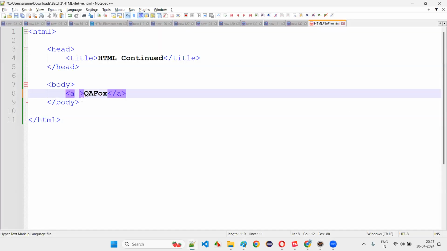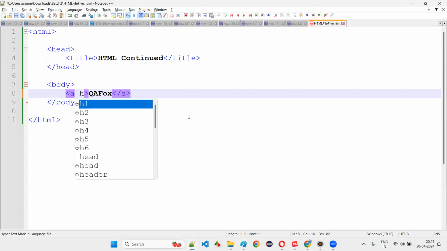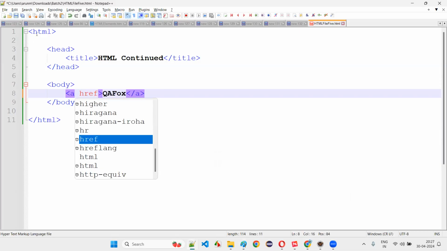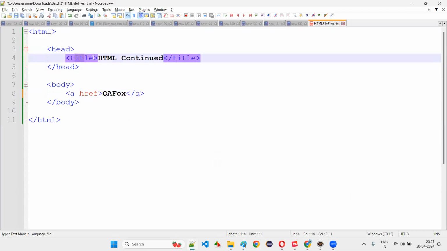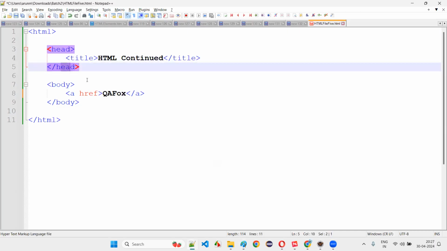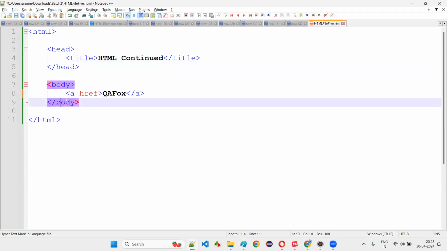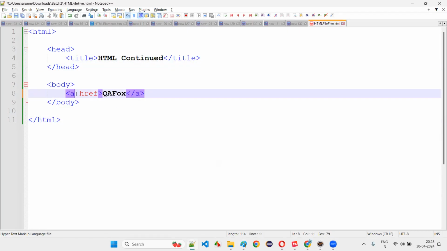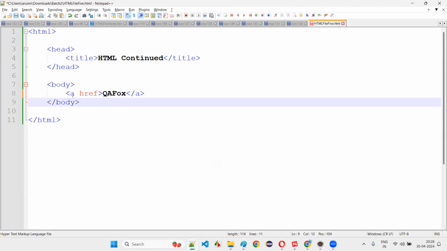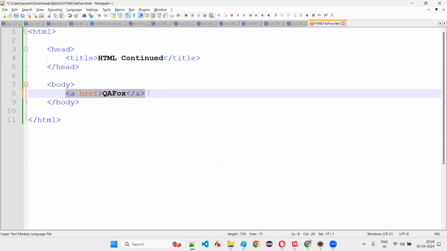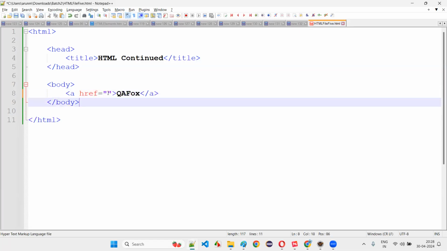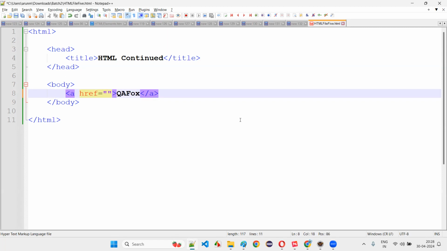So in the starting tag, anchor tag, there's one predefined attribute. All these things are predefined, guys. HTML is predefined, head is predefined, title tag is predefined, that browsers will understand. Predefined means the browsers will understand. A is also predefined. It stands for anchor. We generally use anchor tags to represent hyperlinks on the web pages. One of the attributes for this is href. We have to give either double quotes or single quotes. In the href attribute, you have to give the URL of the page.